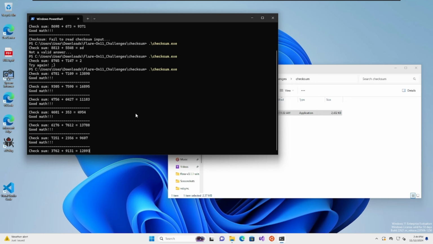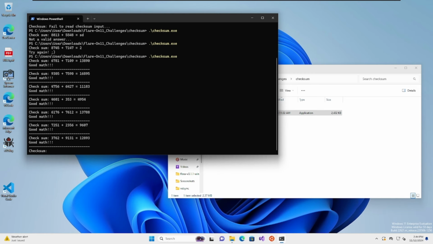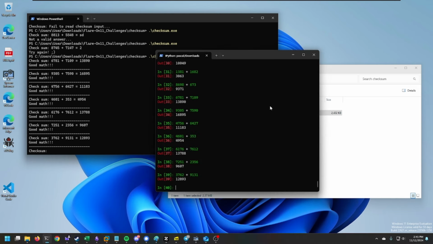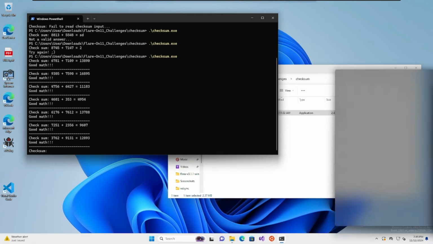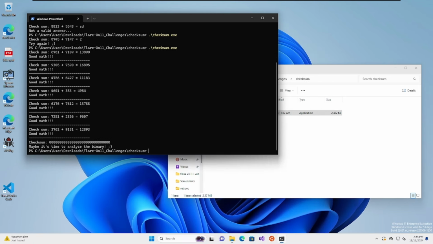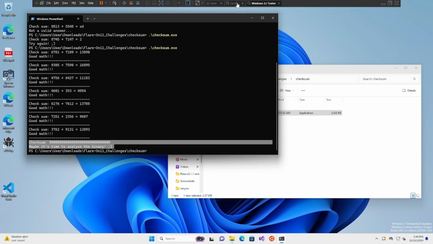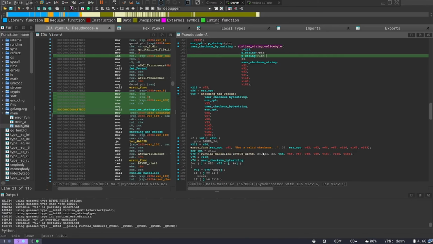I don't know anymore. Okay, here's the checksum. So now what I should be able to do is we'll just do 0 times 24. Oh no, sorry, 30. Yeah, because it's valid hex, right? Okay, cool. So we didn't get a bad checksum. Now it actually passed that, and it got to this other one saying maybe it's time to analyze the